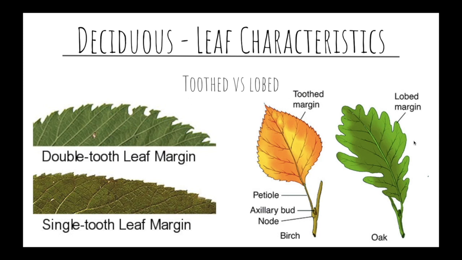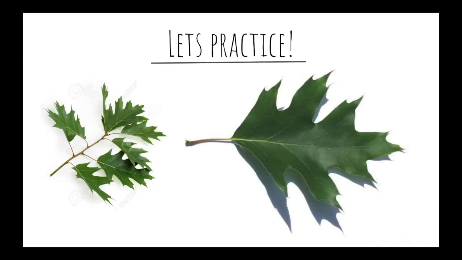Besides toothed margins, you can also have lobed margins. These are basically like finger-like projections that have deep holes or sinuses between each one. You can have pointed or rounded margins. In this case, we have a rounded margin. So now that we have a lot of our vocab handled, let's go ahead and practice going through our key